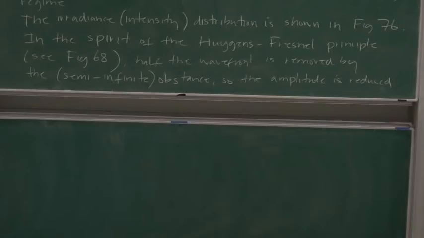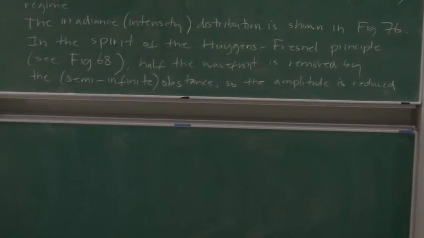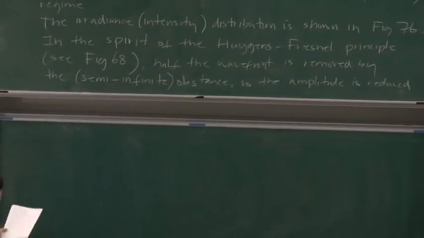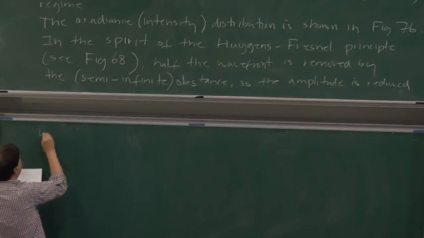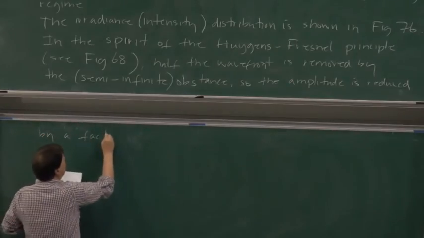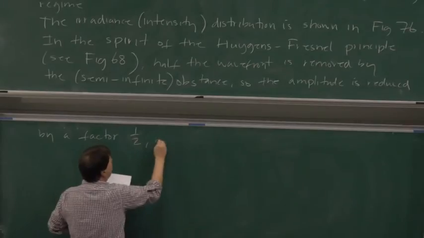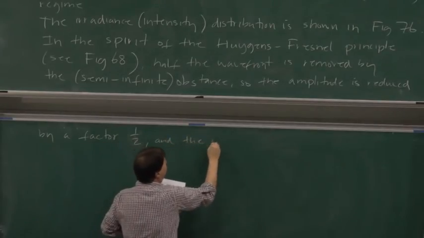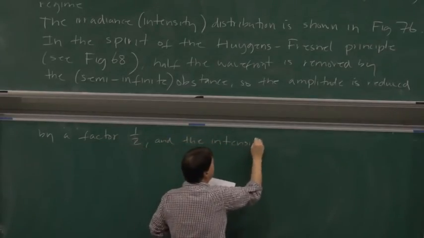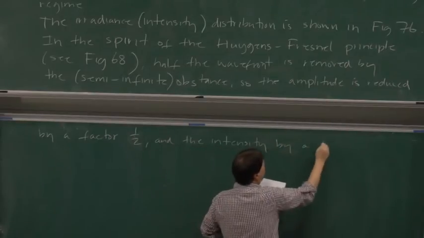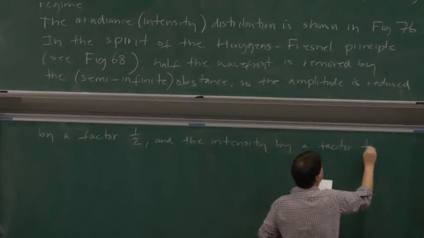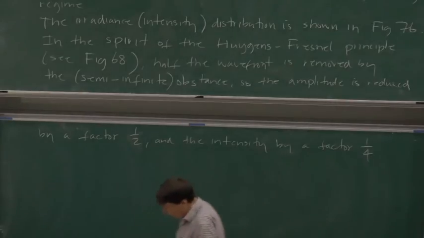You therefore know that the intensity's been reduced by a quarter. So the amplitude is reduced by a factor half, and the intensity by a factor 1/4. And again, to come back to